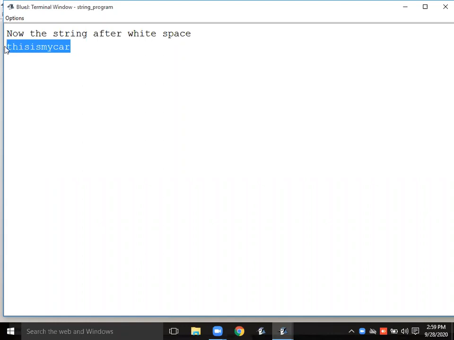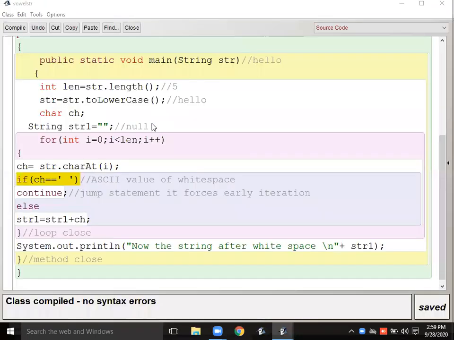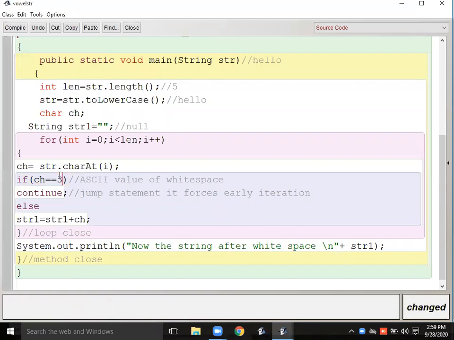This is my car, right? This is my car. Okay, so over here you can use 32 or you can use single quote also. But write it. Just make the changes here only. The entire program of removing the vowel will remain the same. Just change the if condition.